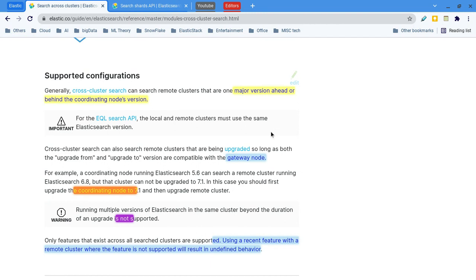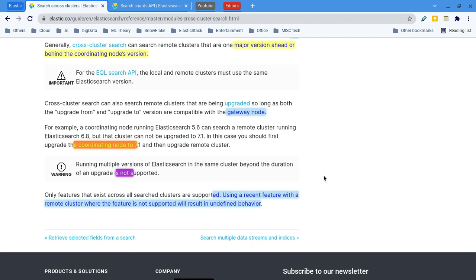Now some of the configurations. For the remote cluster, each cluster should be the same version, but they say a minimum of one major version difference is still supported. Let's say I am running 6 in my local cluster.